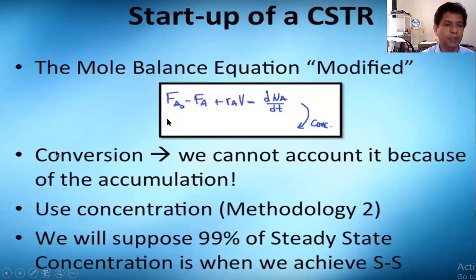Here we have the mole balance equation for a CSTR. You still remember this? F_A0 minus F_A. F_A is the molar flow rate of component A. Probably I can annotate this. So F_A0